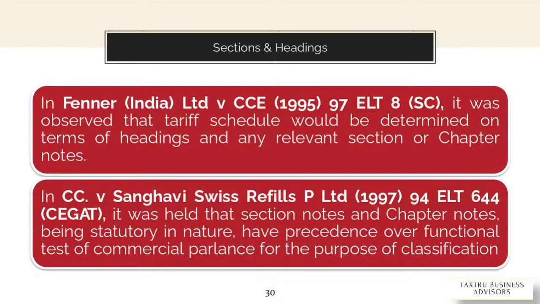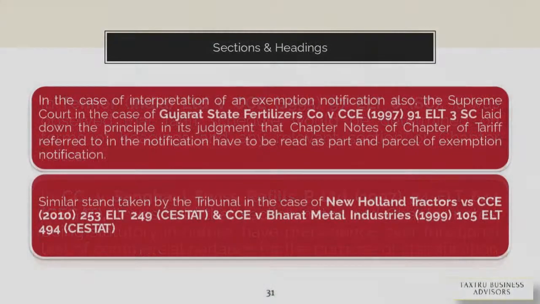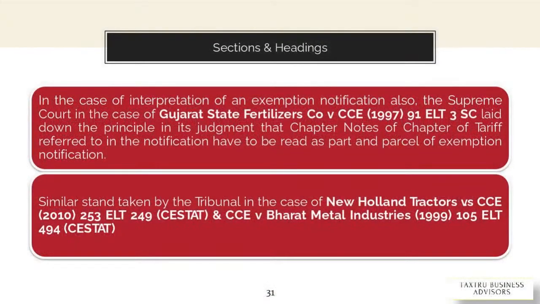If you imported a cutting machine from outside India, or if you're talking about it from a GST perspective, so if you're selling a cutting machine in India, and according to you it should fall under a certain category of heading, but it is given in that particular chapter or section that cutting machine will not be included in this heading, then even though the characteristics of that machine are somehow like a cutting machine, it will not be classified under that particular category. Now there is another judgment as well, in Gujarat State Fertilizer, in which it was said